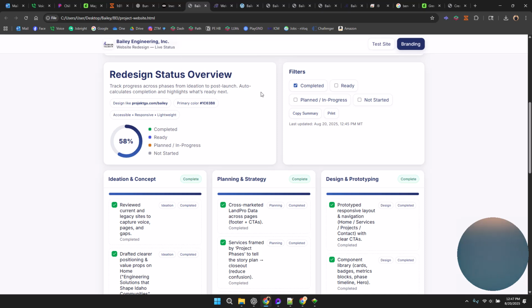Welcome to the Bailey Engineering website redesign using AI on some parts. So I'll show you what I did. Let's get the light in here. Woohoo! All right. So the first thing